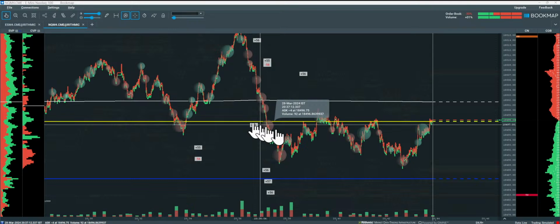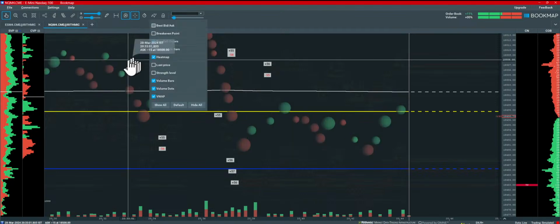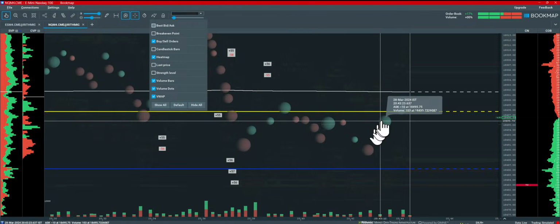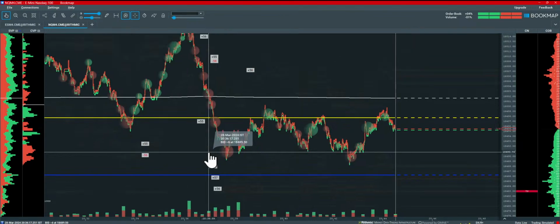Now we've understood what is moving the orders. On this particular chart, the beauty of Bookmap is that if I have a simple footprint chart, all I get is a market sell and buy representation on the chart. If I didn't have the best bid and ask over here, and I had just this, which is essentially a sort of footprint, I'll switch on the footprint also later. This is only market orders that are being transacted. I do not have a clue as of now how many of the passive buyers and sellers there are.